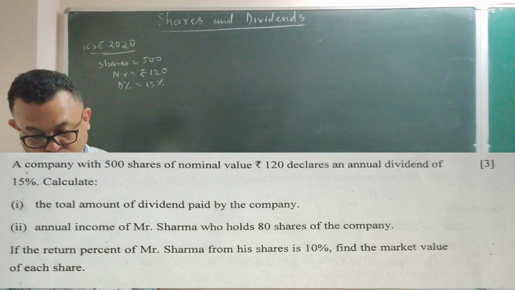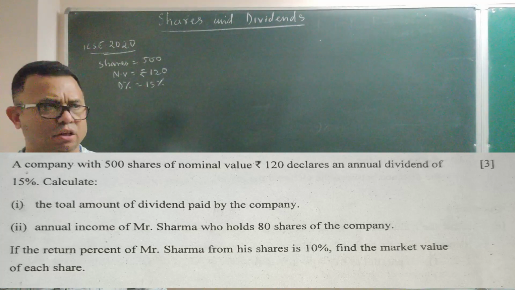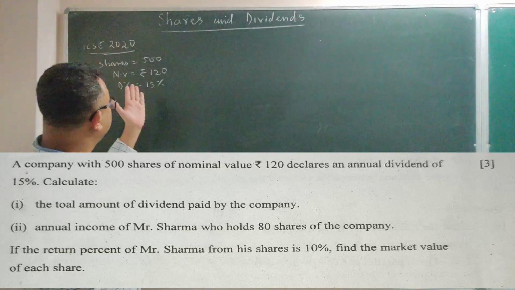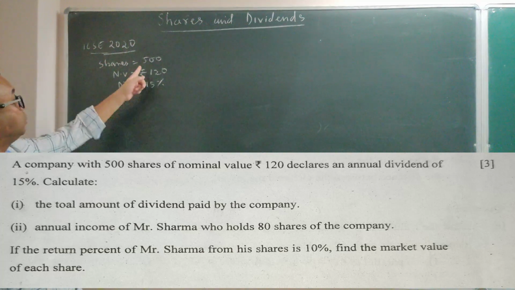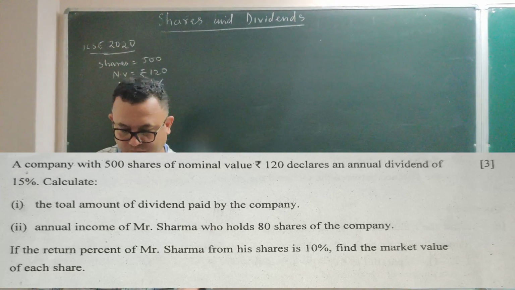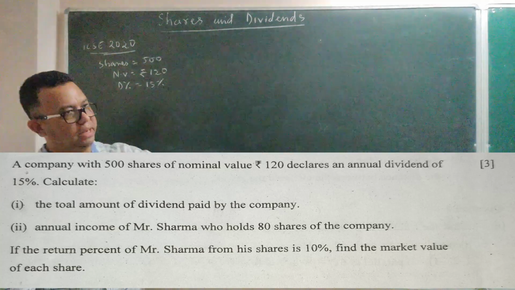And the next question which is asked is, what is the annual income of Mr. Sharma who holds 80 shares? Now there are many different shareholders. What is given here is 500 shares, but Mr. Sharma has only 80 shares. So since we have to calculate for 80 shares, we have to find annual